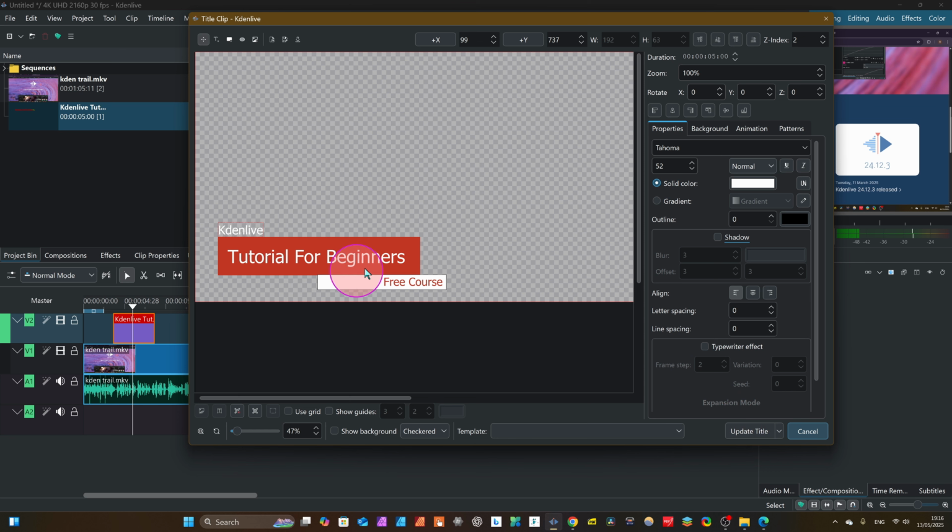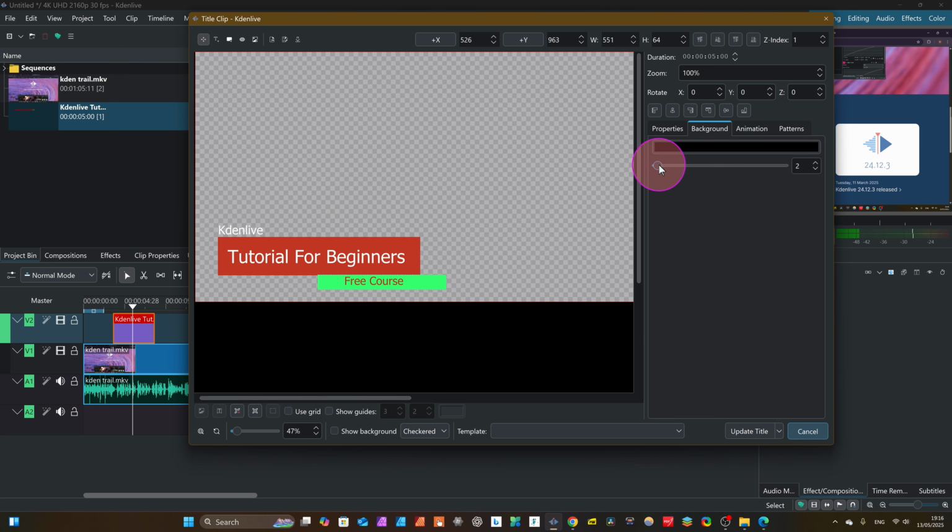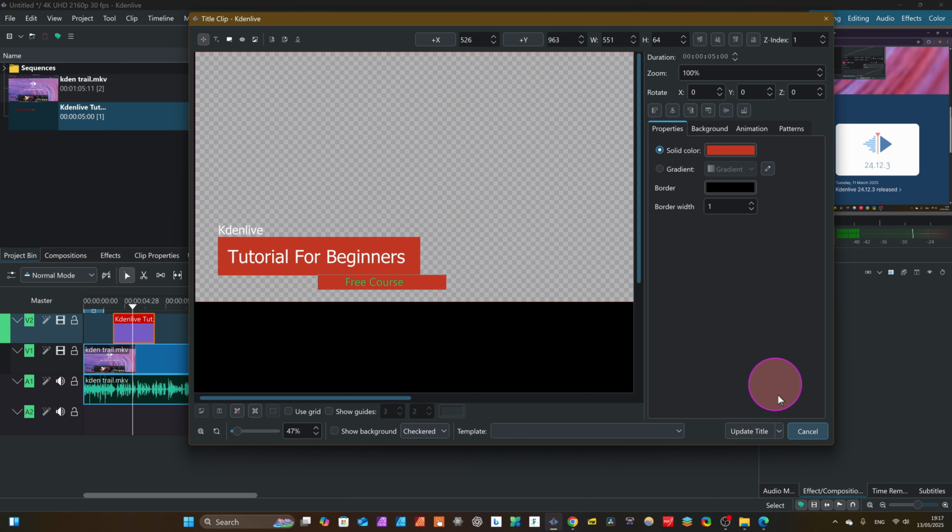We can just update from here. Before updating, we can change here. We can add like this. And here you can change the color. Actually here it's white, and we can take something like, you see this color. So this is our beautiful color, and here you can change the background. Here the animation pattern, these are advanced, which we will learn in the advanced class, and you can also add a gradient here. So you can see we can change in this way, and everything is okay, and you can update the title.